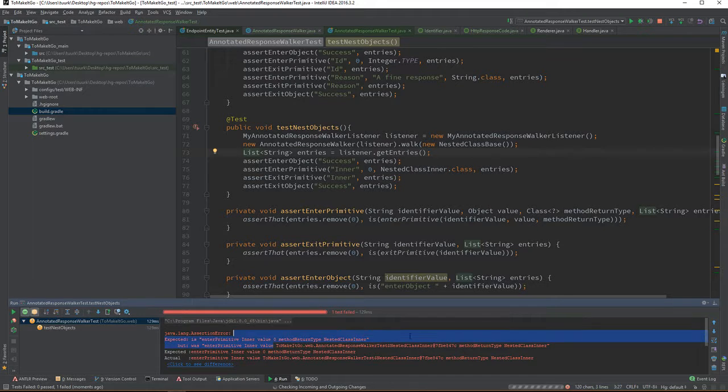Ah, because then it returned me the new object. Which makes sense. So I don't want it to do that. I want it to say, hey, I'm entering object again. So I think I'm going to override enter or give another enter object that just has the